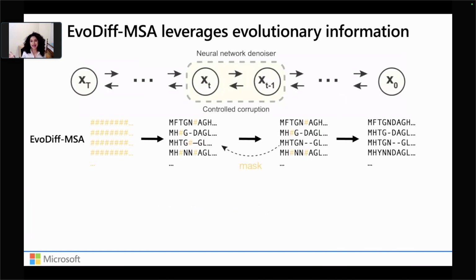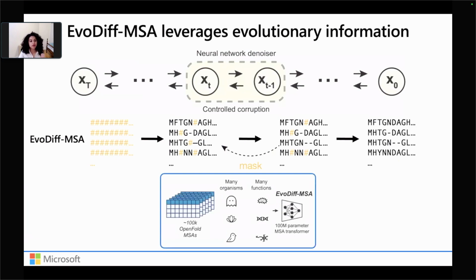We can then take that as starting data and, using the same principle of this corruption and order-agnostic masking, train a resulting diffusion model that we call EvoDiff MSA, where now we can, again, mask and corrupt arbitrary portions in this multiple sequence alignment of several related proteins and train a model that can now generate entire MSAs at inference time, following training on these large data sets of multiple sequence alignments.